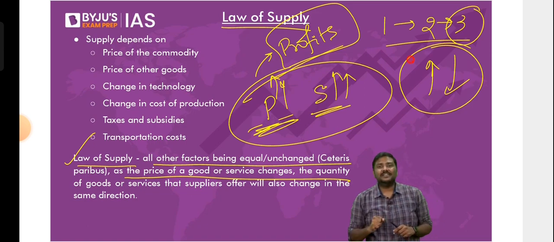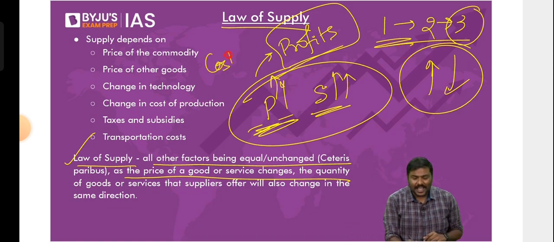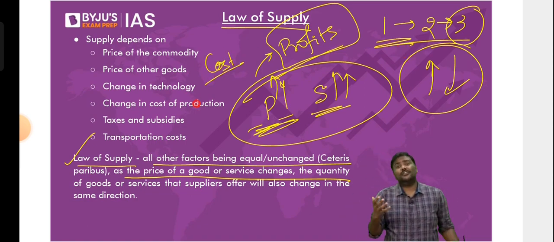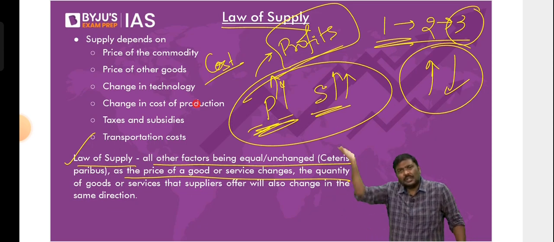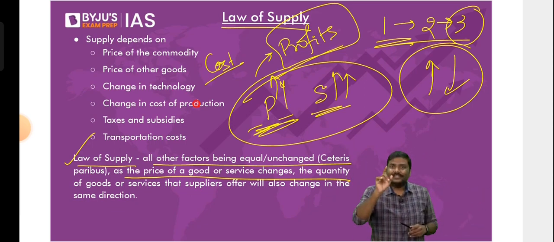Now some of you simply say, sir, what if the price has increased because the cost of raw material has increased? The price might be increasing because the price of the raw material has increased, which means I have to push up the prices. It could be because of that also. And then your theory will be wrong. Theory is not wrong, because understand this.